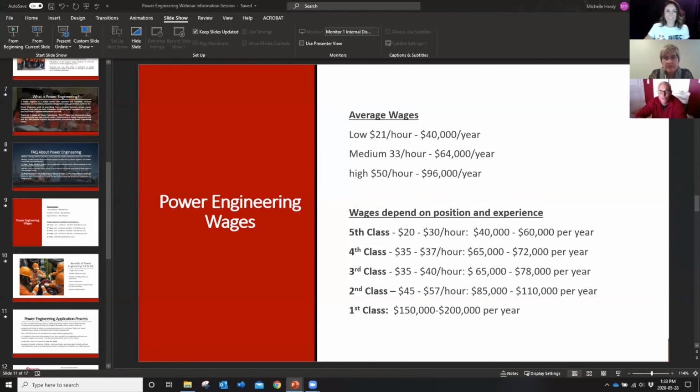So this is always the slide that impresses both students and the teachers that we present to, when you look at what the wages are for power engineers. So like Jeff said, even if you want to complete the 2 courses and then start off and write your 5th class and then start off working as a 5th class power engineer, then you're looking to make about $20 an hour starting, which as a high school student who just graduated and is looking for a job to pay some bills, making $20 an hour as a 5th class power engineer can be a little bit better than working minimum wage somewhere else.